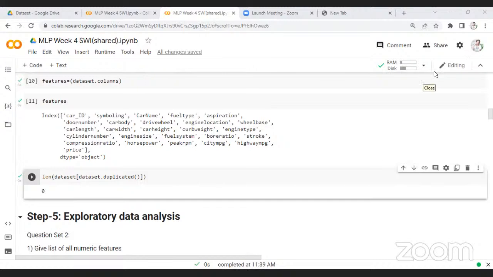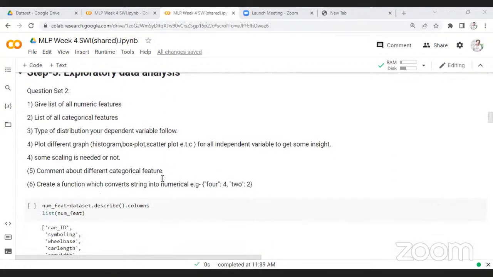And if you want some longer path, then you can run loops. But obviously, those are not a good idea. For 200 data points, that may work, but for longer data, that won't work. You have to use these codes only, like df.drop_duplicates and all. So you have to see